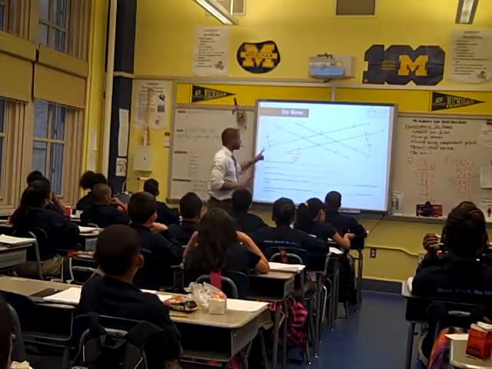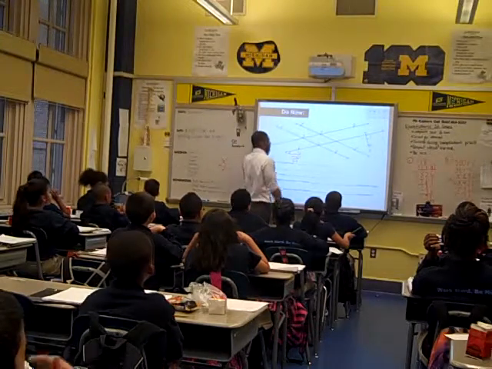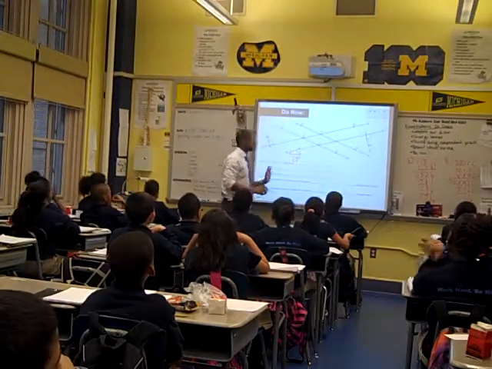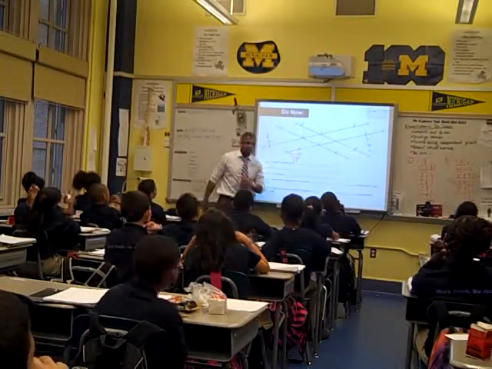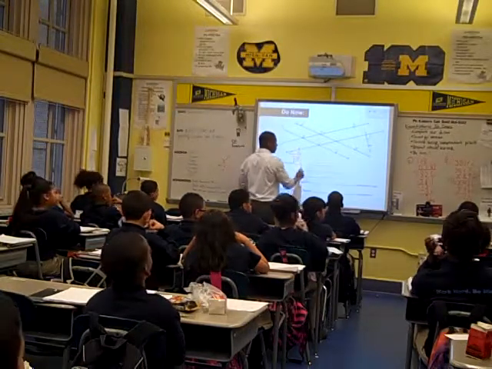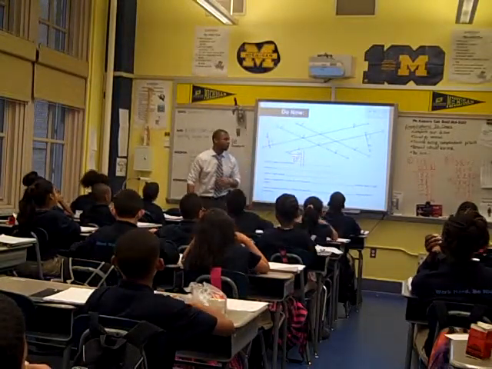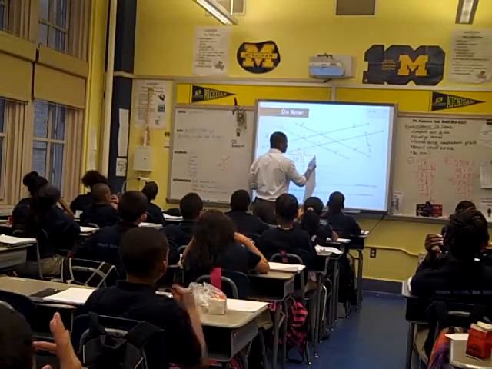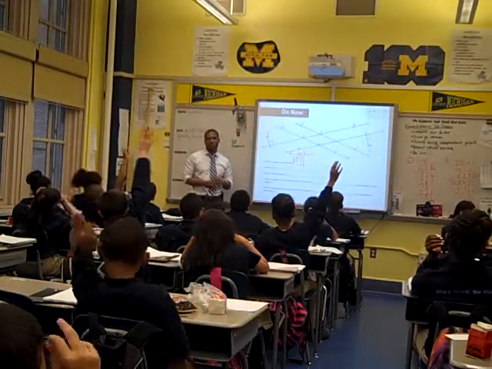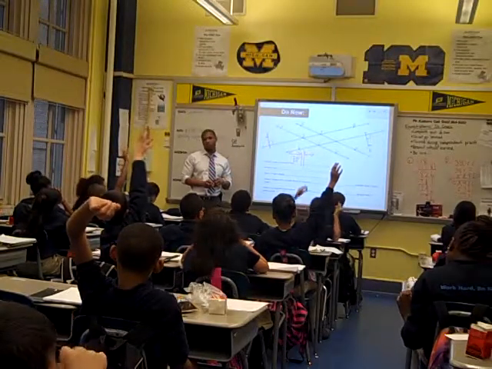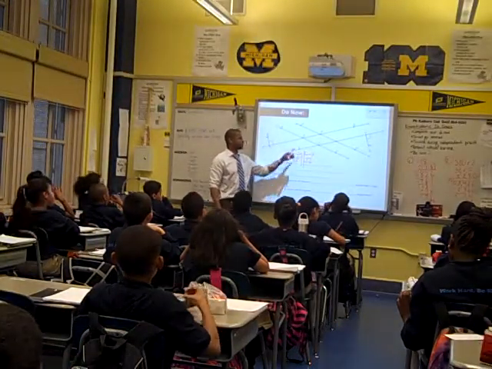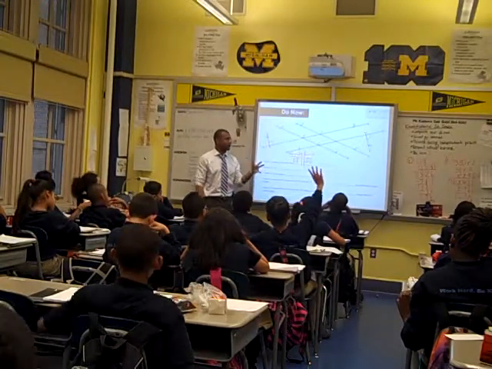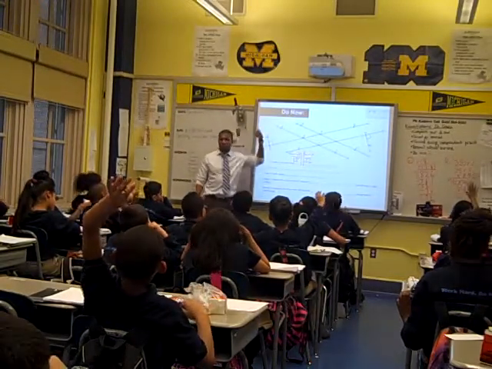I'm going to double check because some people say that the outermost points, so they would say that EF is the same as BG. I would say that they're the same thing. That's the way you write line EF, with the line with both sides on top. Then you put the parallel sign. What line is EF parallel to? EF parallel to JI. Who got either BG is parallel to KH or EF is parallel to JI? Thumbs up.